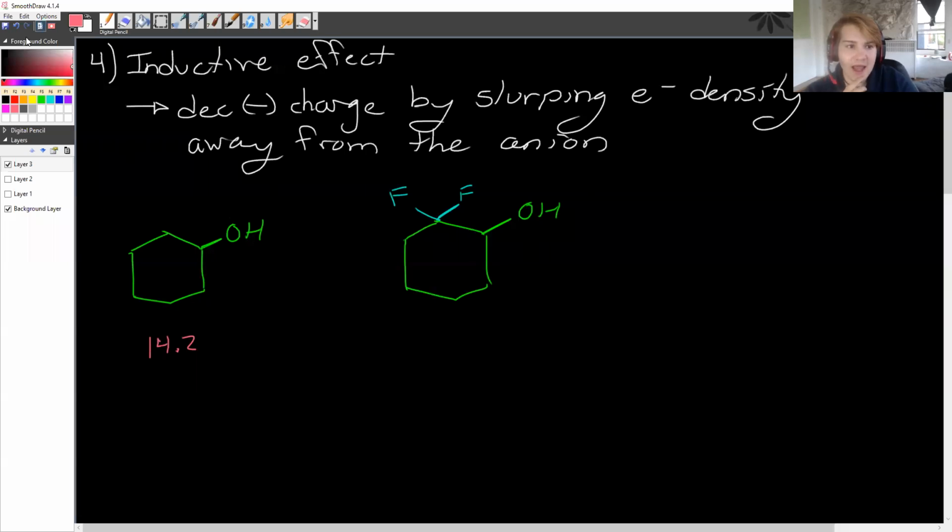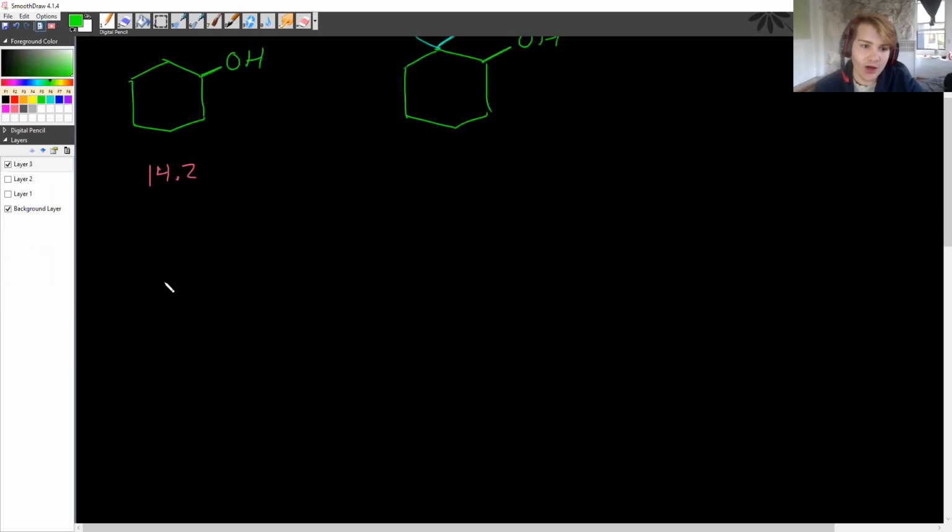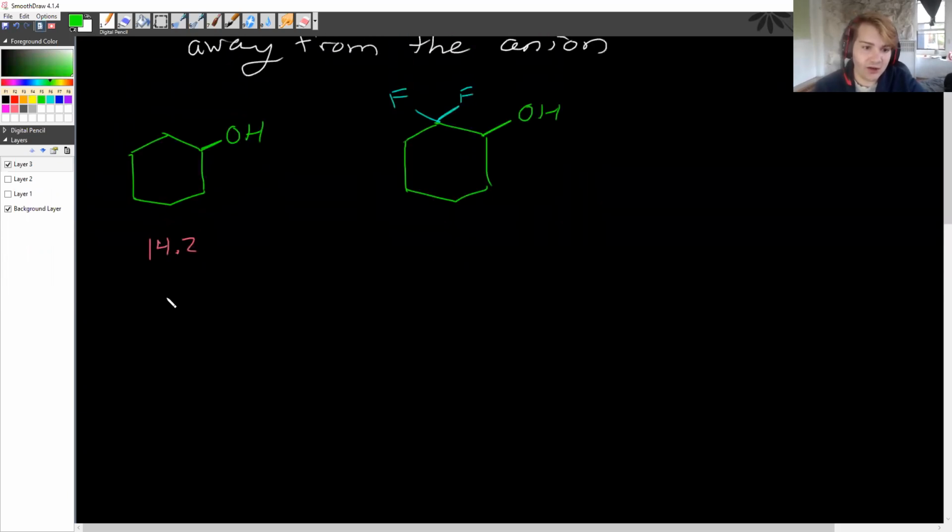Well, again, when we take the conjugate base of each one, what we notice is that for the cyclohexanol, we have only one location where this negative charge exists. And it's this big, bad, old negative charge. Huge, right there. Boom, a full negative charge ready to smack you right in the face. Versus this fluorinated compound,